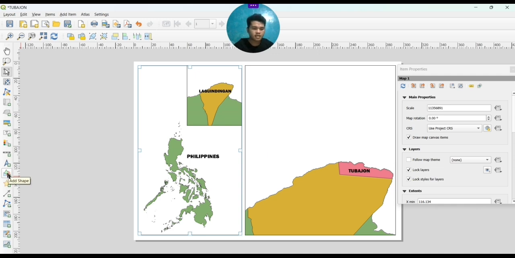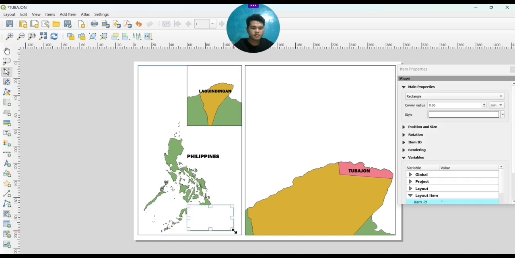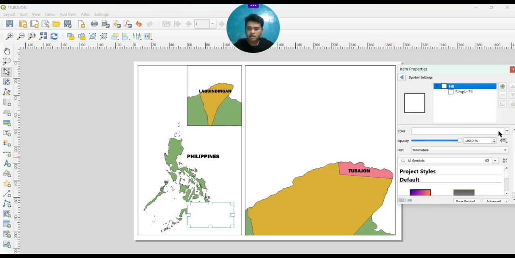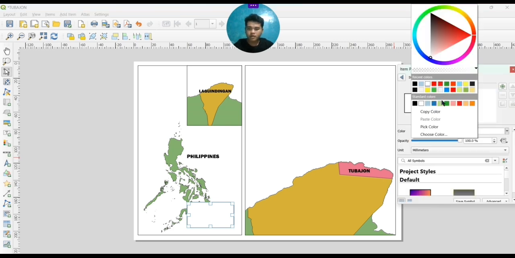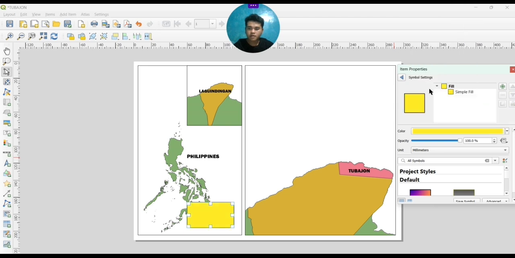Then after I click it, add shape, rectangle in my case, and drag it as what you've done in bulk here. Then click for the style, and then click for the color. In my case, I just want yellow.